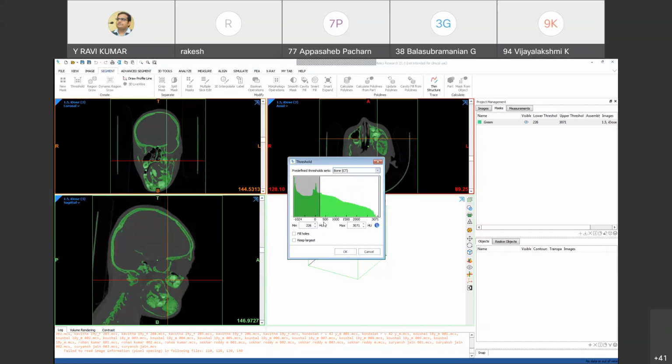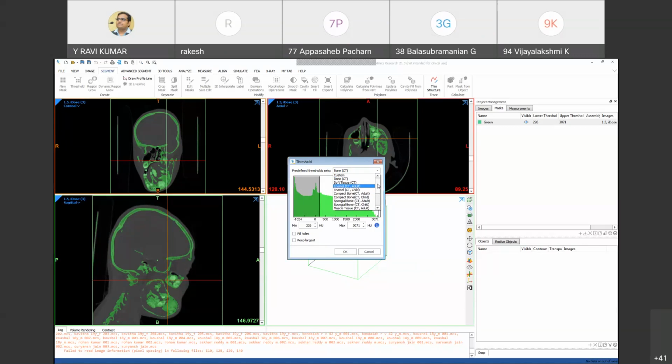So we are giving a threshold value for different bones. In our body, which material is the hardest material? Anyone? I don't want you to speak out, just take the question. You can answer it in the chat box.